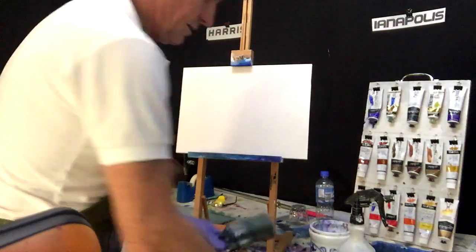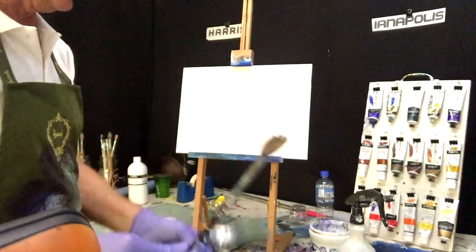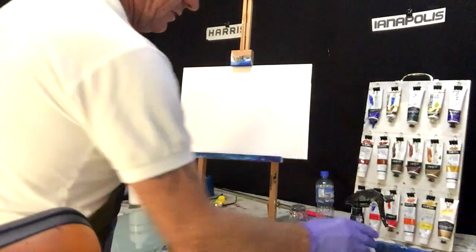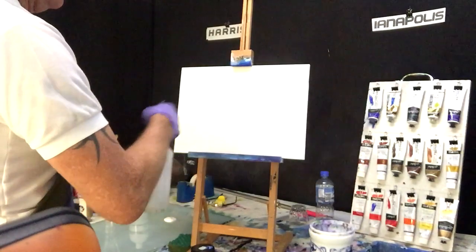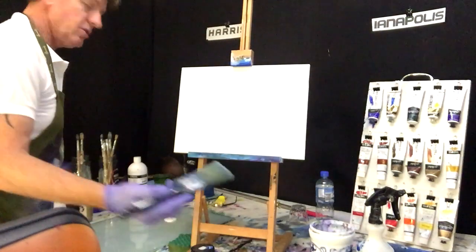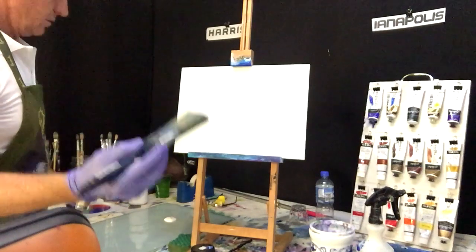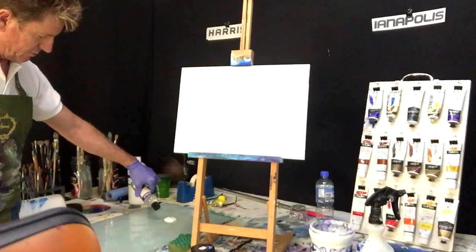And I'm just using a couple of basic brushes as well, a 1.5 and a 2-inch brush and a fan brush and a couple of knives. So first of all, we'll wet the board, get the paint you want to paint. Now see the retarder, I'm just putting it onto the